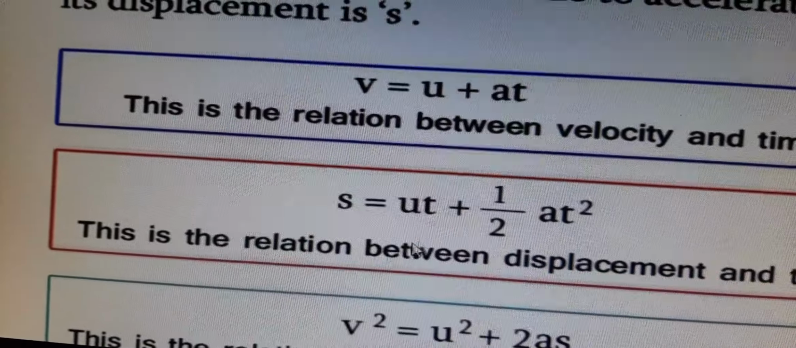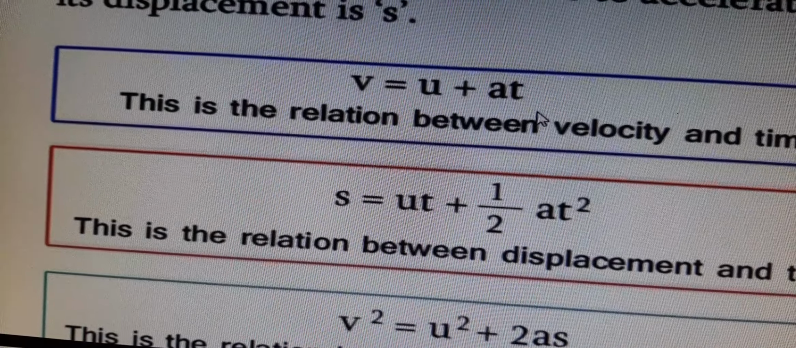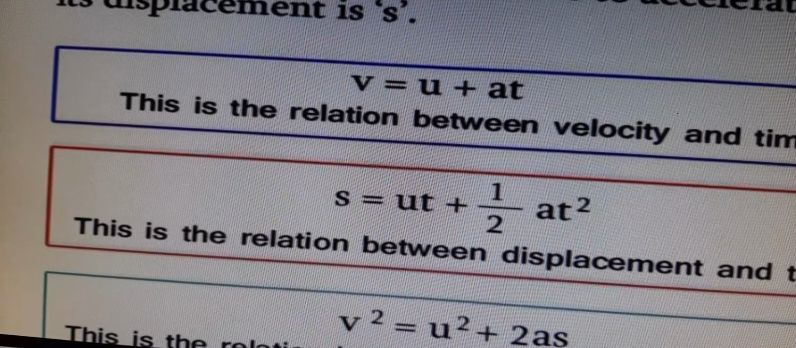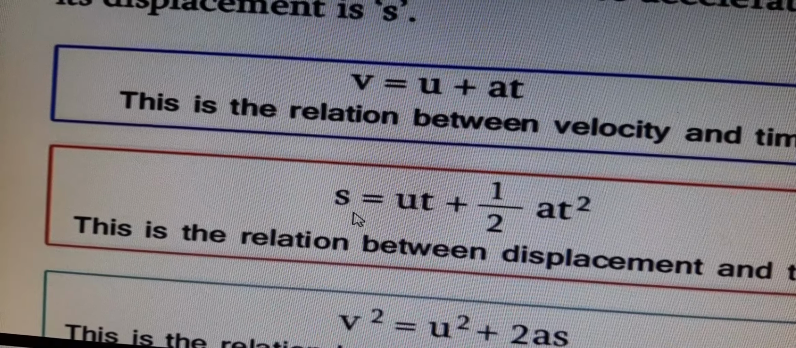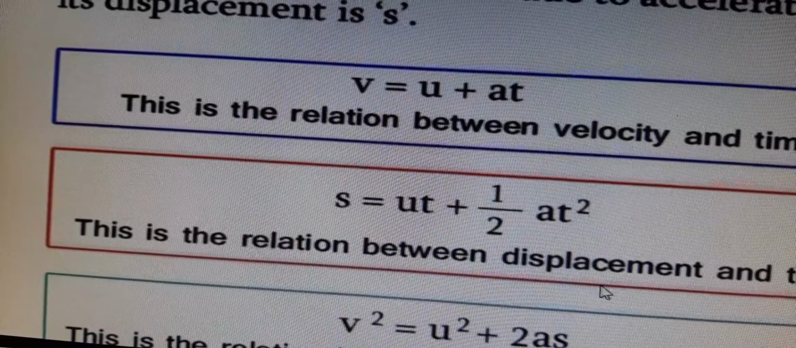There are three equations. First equation is v is equal to u plus at. This is the relation between velocity and time. Second equation, s is equal to ut plus 1 upon 2 at square. This is the relation between displacement